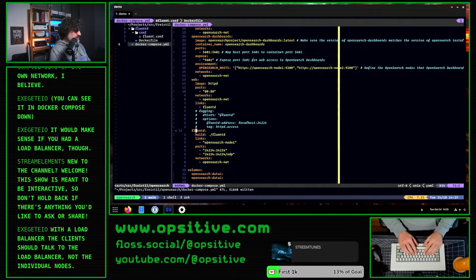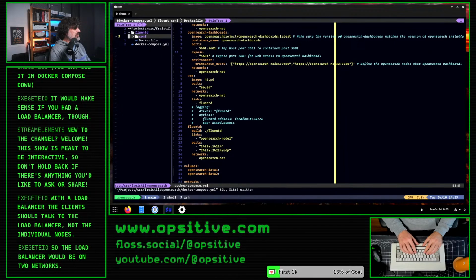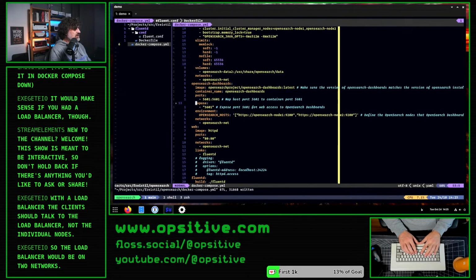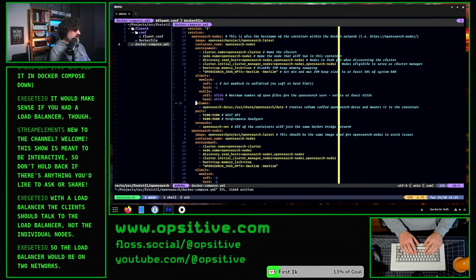24224 is a port that FluentD uses, and I guess, yeah, FluentD has this configuration, and we talked to port 9200, which we do actually expose even. That's exposed to the host machine, but that is not important in terms of FluentD talking to it. And so I guess I need to find out how to tell either FluentD that it is supposed to talk SSL, or how to tell OpenSearch that it's not talking SSL. So I guess let's try and